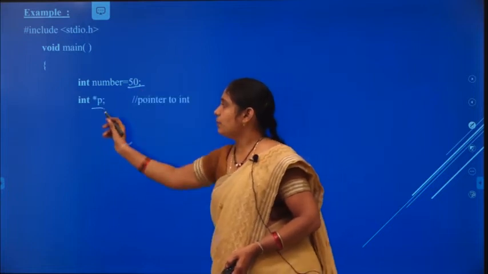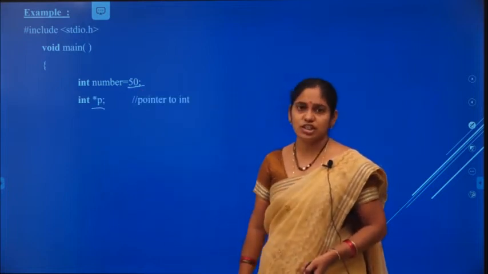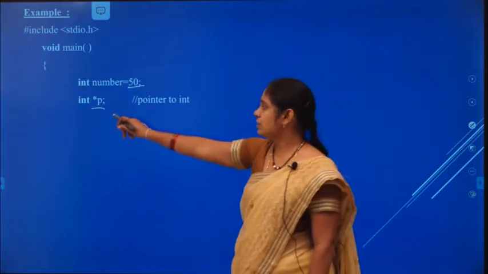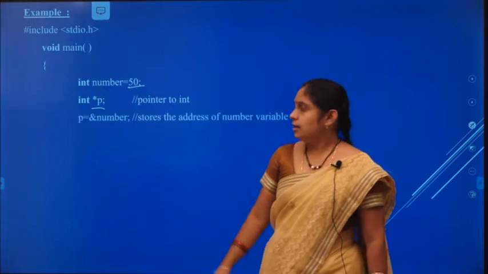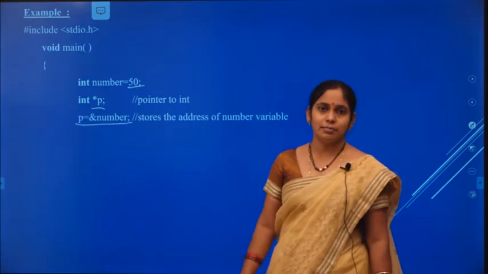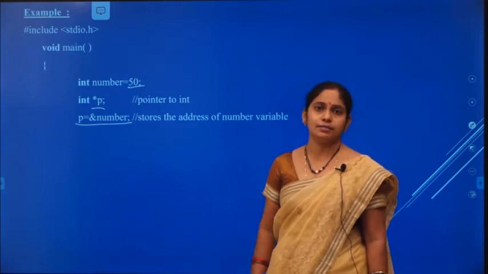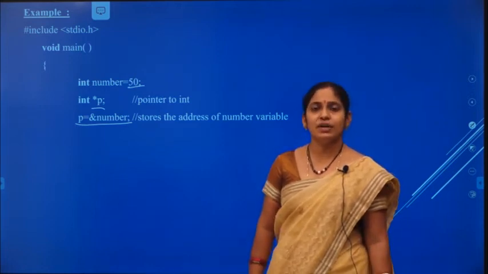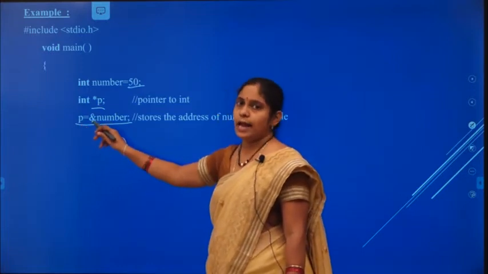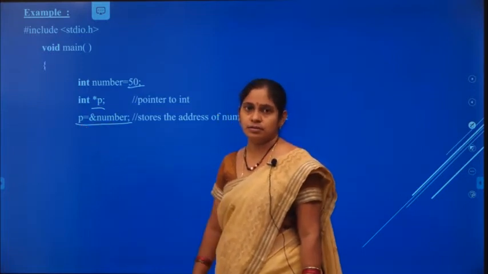Now we are declaring a pointer variable *p, which is a single pointer because we have only one asterisk. And then p equals address of number, which means we are pointing to that integer variable number.